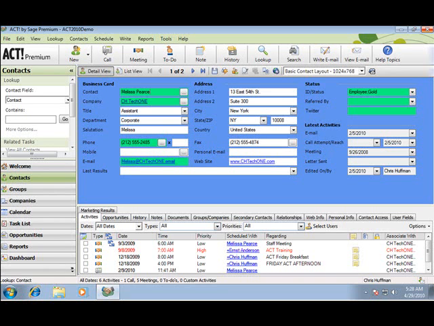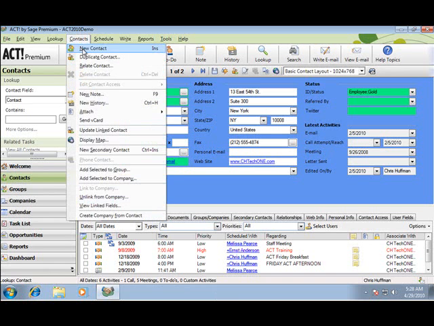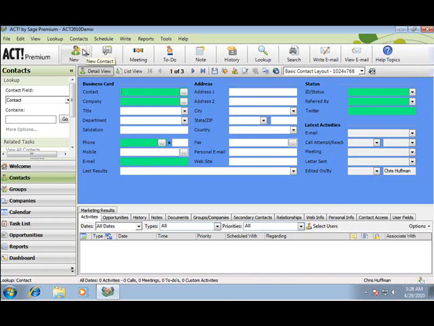The salutation field is built into the contact field, so let me start by creating a new record. I do this by going to the Contact menu at the top and down to New Contact. You can also press the Insert key for this. I've placed my mouse in the contact field, and I'm going to put in a person's name. Let's say her name is Mary